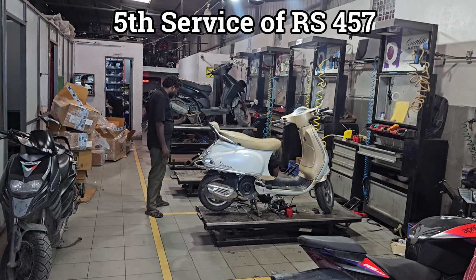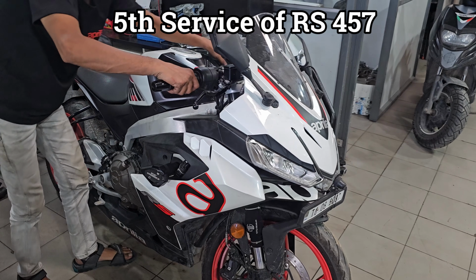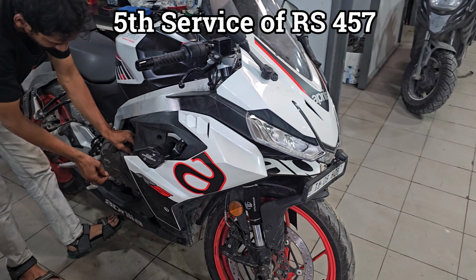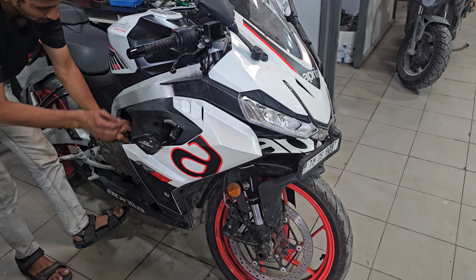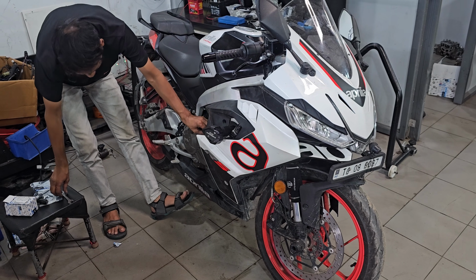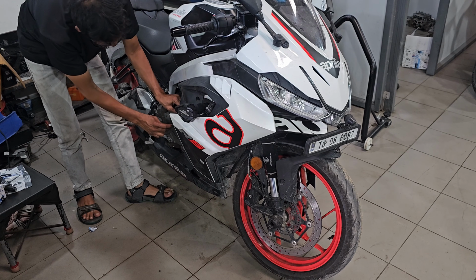I am here at Motorplex Hyderabad for the fifth service of my RS 457. I am here to collect my motorcycle. The servicing and everything is done. It's just that the bike has to be washed and the chain cleaned and lubricated. After that, I will take it out for a spin and then we will see what is the total cost